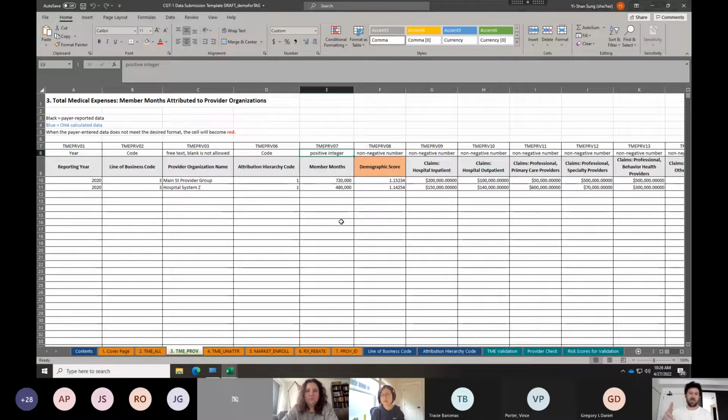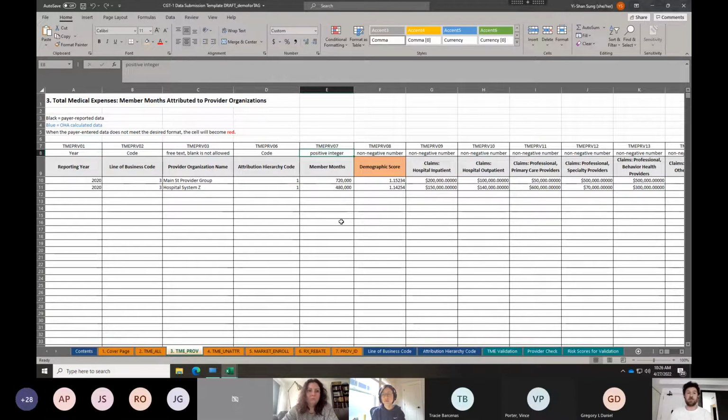I think a lot of it had to do with the risk adjusted, or now demographic adjusted, standard deviation, where we wanted to have some consistency, where we didn't want a decimal point member month in there. However, and this is just a preview, we're not going to skip too far ahead here, but there were some issues in this last submission year with rounding down to 0 occasionally. That might be part of what you're concerned about too: if we're rounding down to 0, we're going to get some divided by 0 errors, and it's going to make everything a lot uglier on both your end and our end.